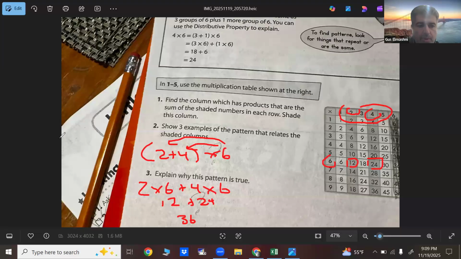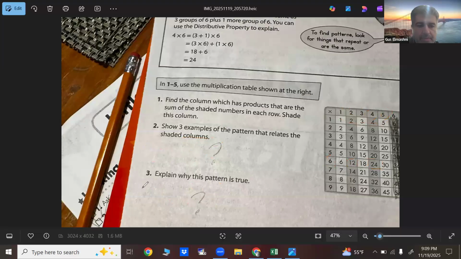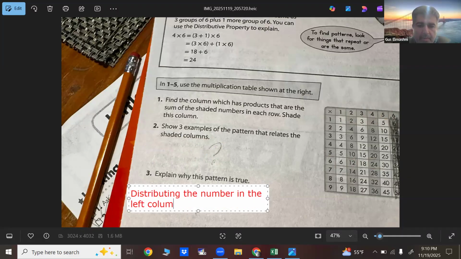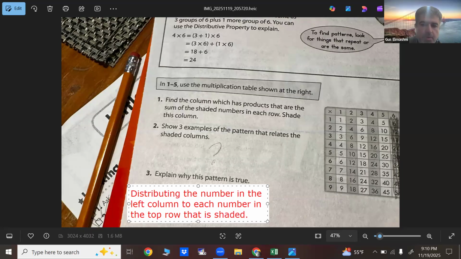Now, explain why this pattern is true. That's because you're distributing the number in the left column to each number in the top row that is shaded. Actually, I'll tap this up. Much easier if I tap it up. So what's meant by that is